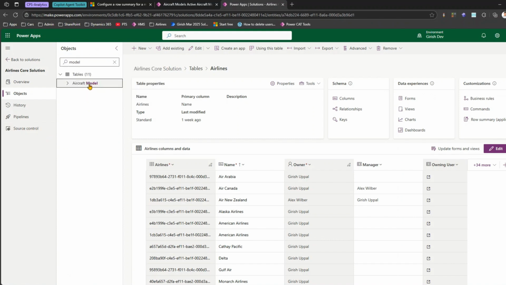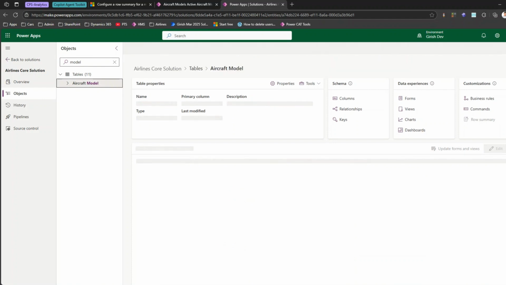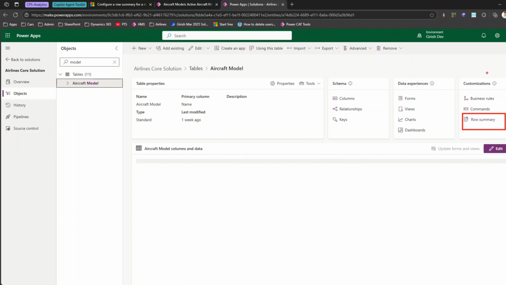So I have this aircraft model table here. In order to enable it, you need to click on this customization, row summary. Under customization, click on row summary. As you see, in the brackets it is not showing as applied because it is not yet applied. If you click on row summary,